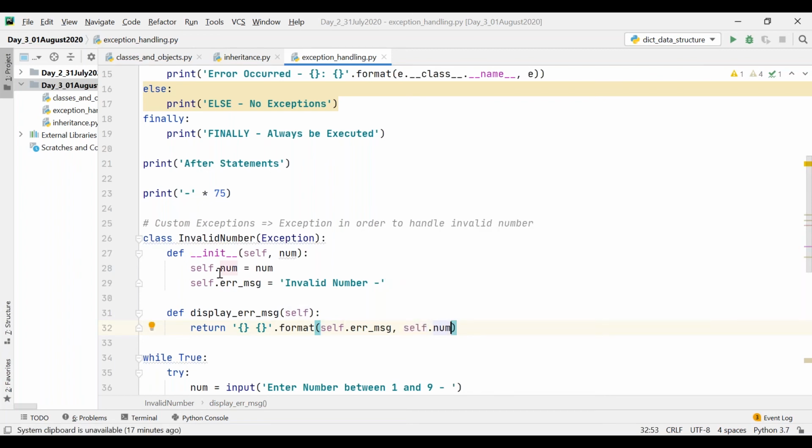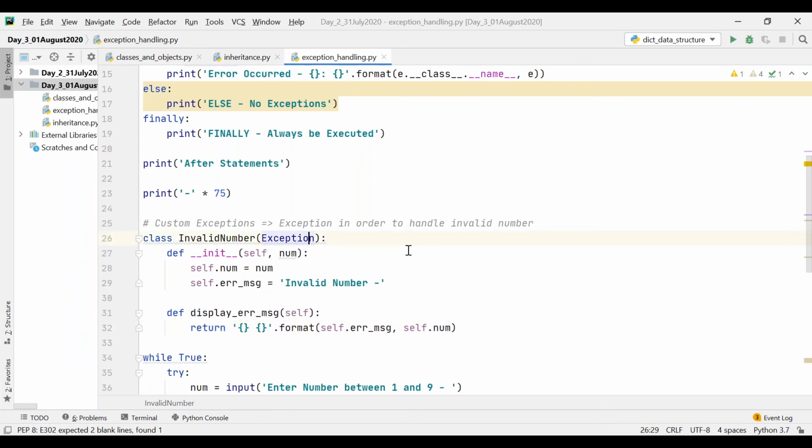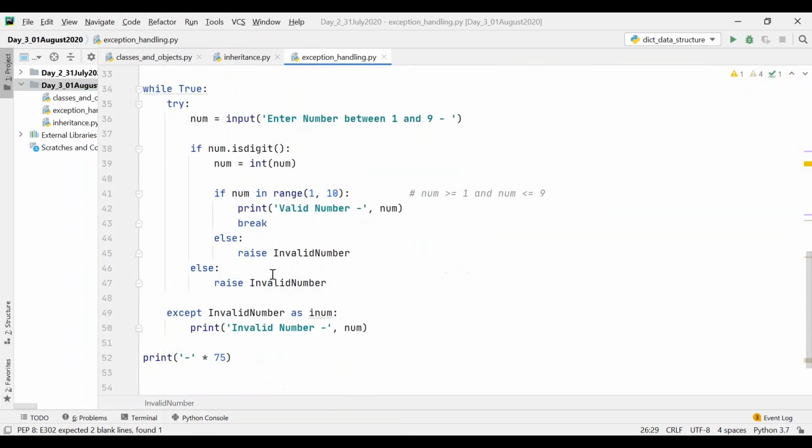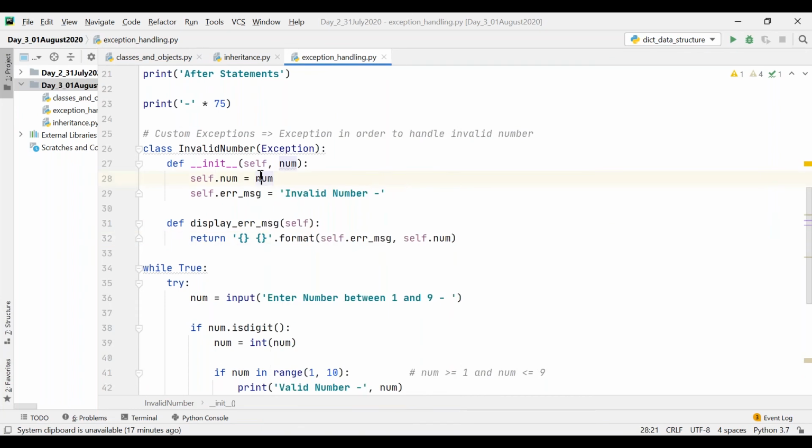So now, I have defined my own methods in this exception. Whenever I raise the exception, the init method will be called, and it is expecting some parameter.